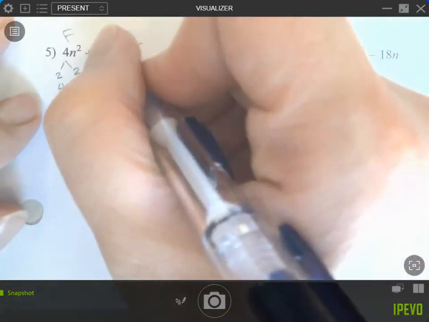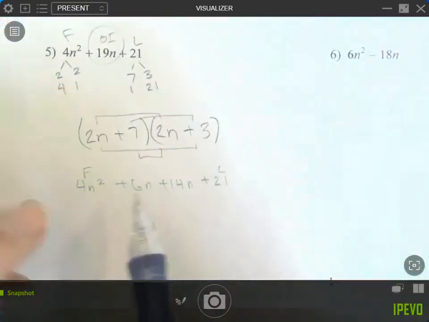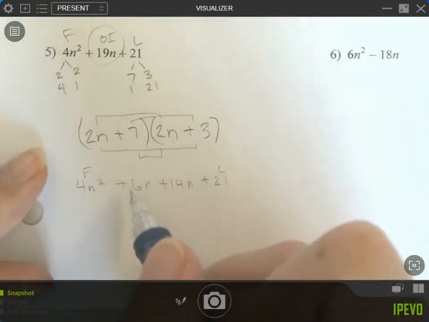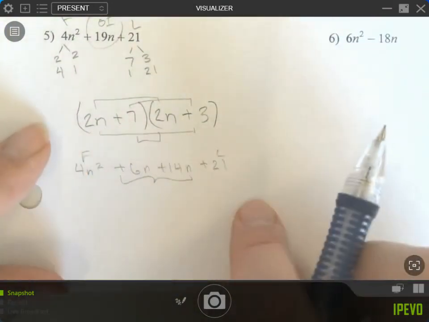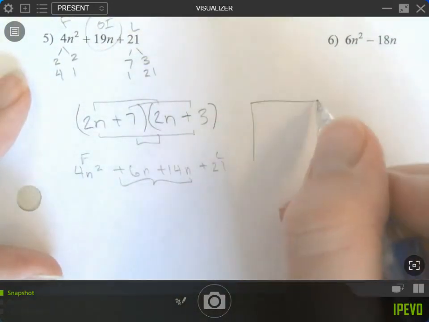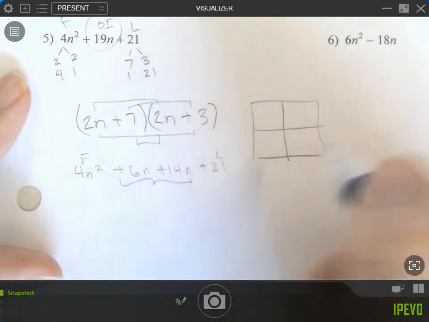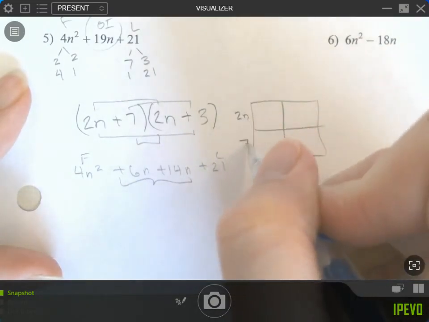What I'm looking for is the outside and inside. So rather than me foiling the whole thing, I'm really always focused on these two and not rewriting everything. But you could rewrite it. Some people like using the box. And if you're using the box, you'd have your 2n here, your 7, your